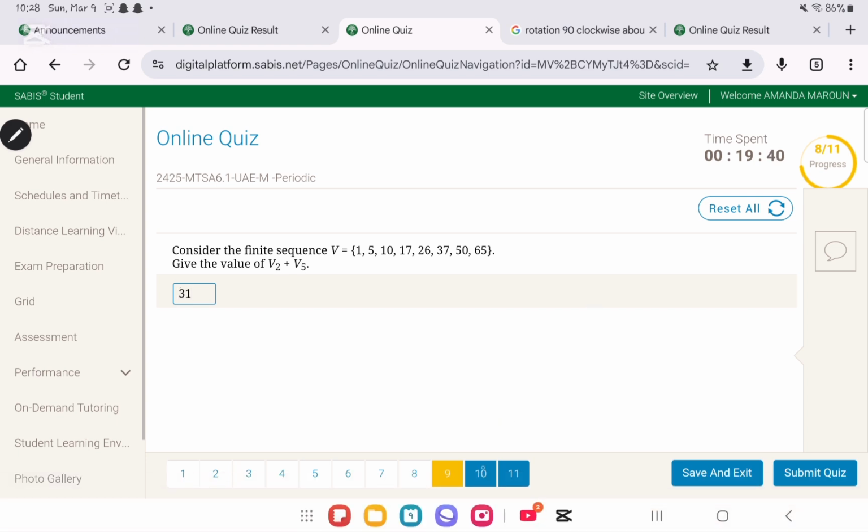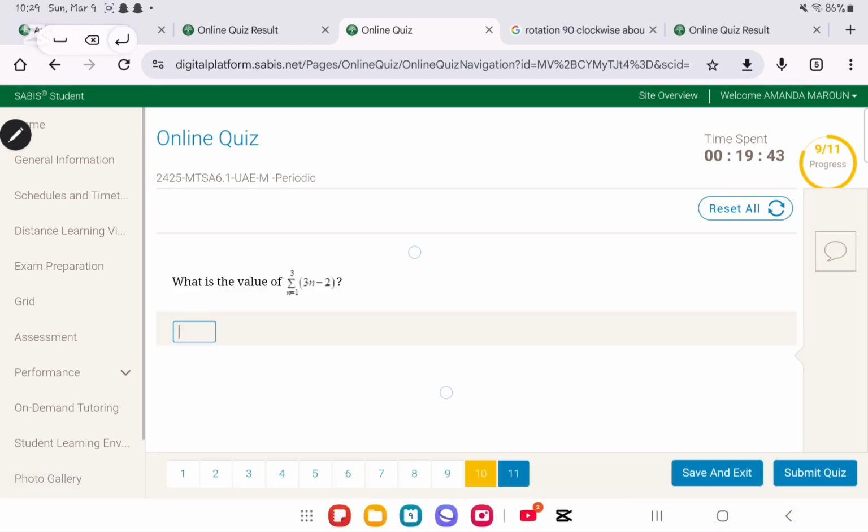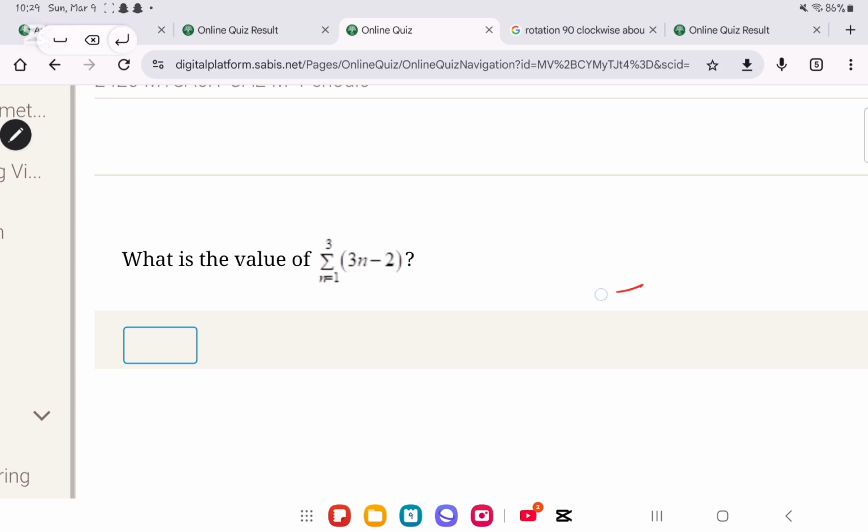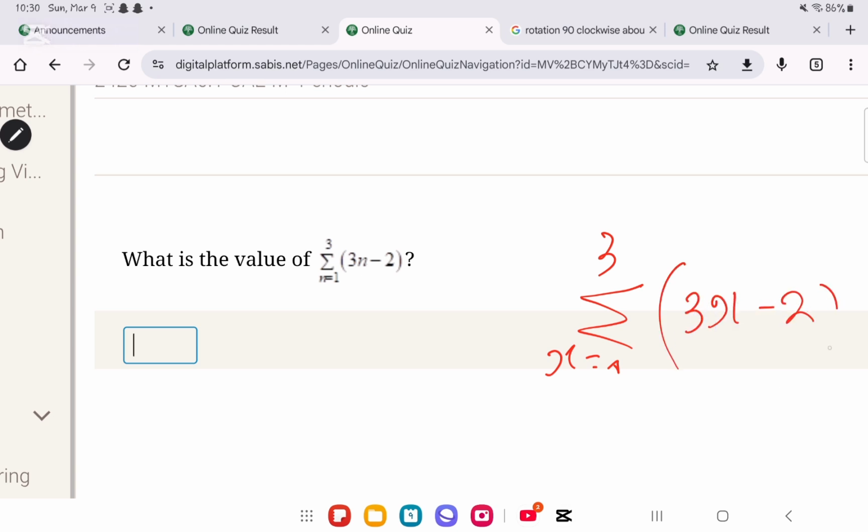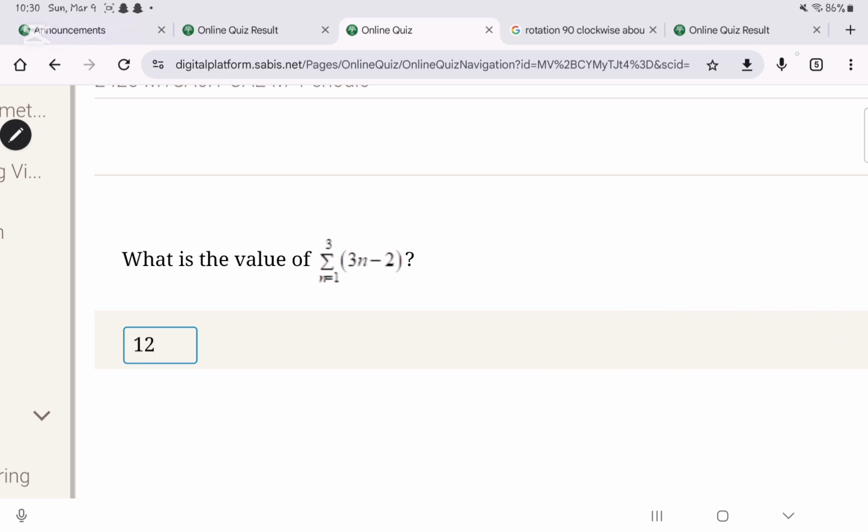Okay, we move on to question number 10. This as well does not need too much thinking. You want it on the calculator. So up you will put 3, down you will put x is equal to 1, and then here you will put 3x minus 2, and you will get an answer of 12. Now, of course, if you want to check, what you're going to do is take the first number,